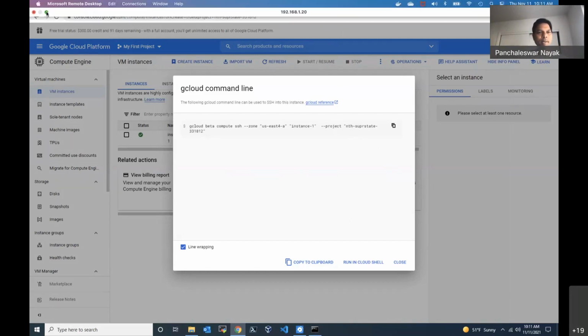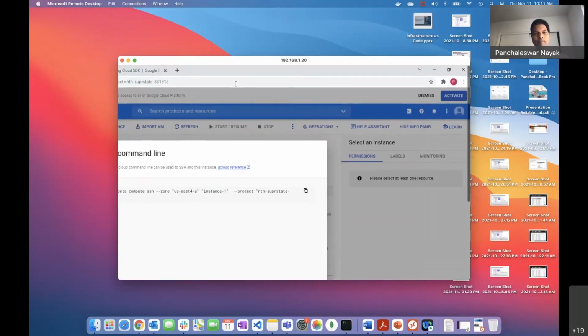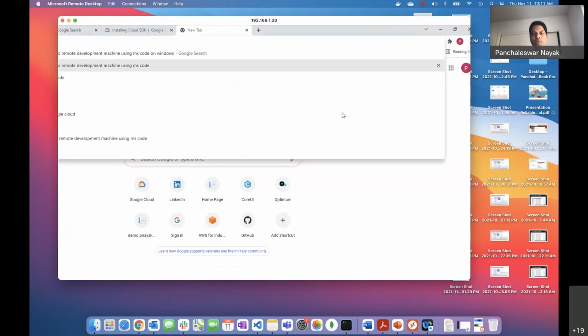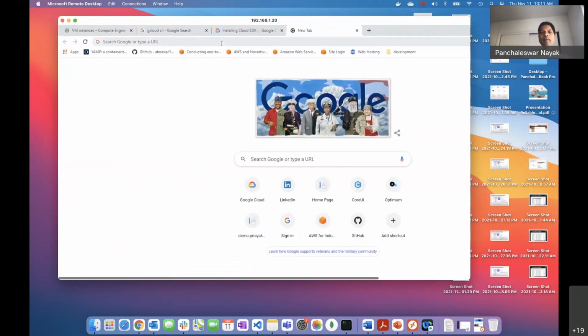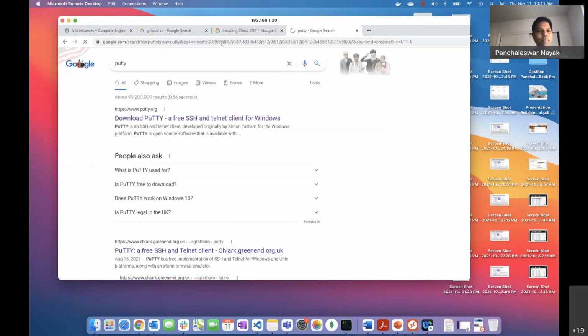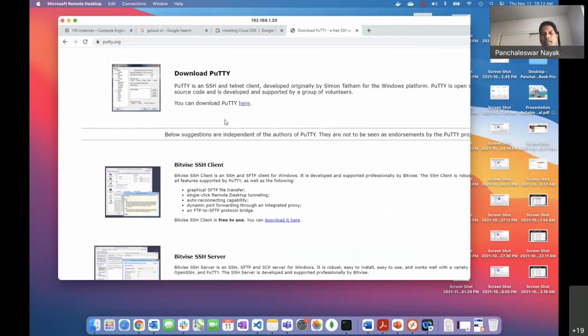It needs PuTTY. So go to open another browser or a tab on your browser. Just download PuTTY, P-U-T-T-Y, okay? So download PuTTY, a free SSH and Telnet client for Windows. This is important and it should be installed because gcloud will use it by default. So download PuTTY, click here,